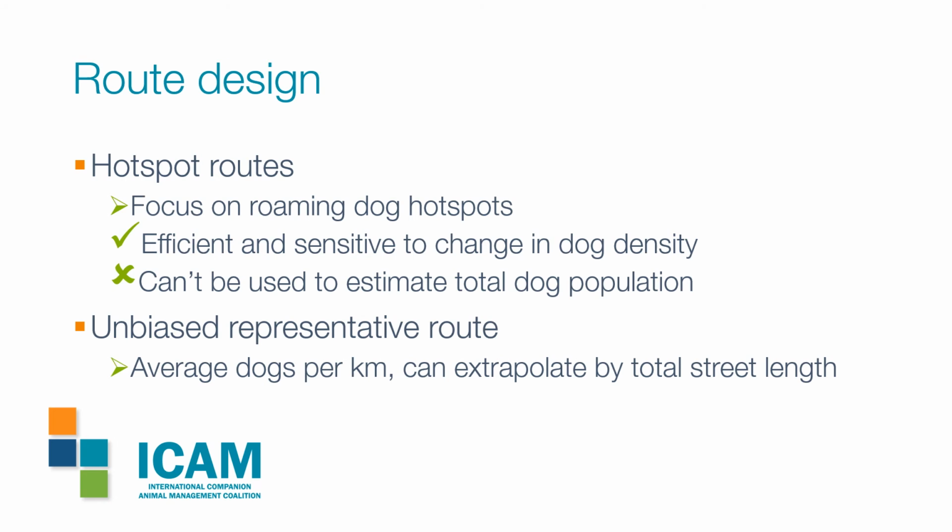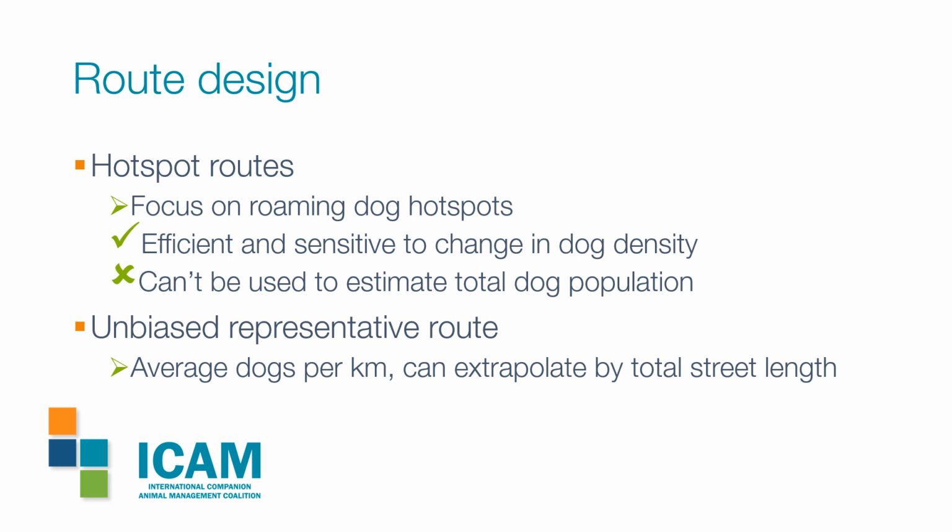But we know that dogs don't act like this. They often appear in clusters, small groups. They have their favourite spots, places with resources such as food and sleeping places and tolerance from people. Once you've clustered the dogs, you can see that there are portions of the route where there are no or very few dogs, and surveying those is potentially considered a waste of our limited time. We know we're very unlikely to see dogs in some areas because that's just not where dogs hang out.